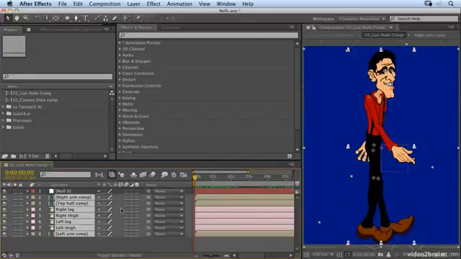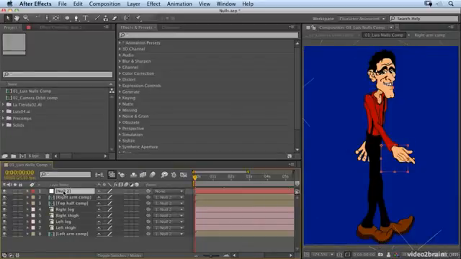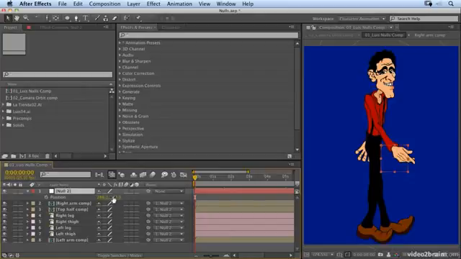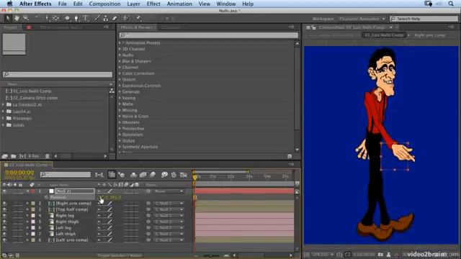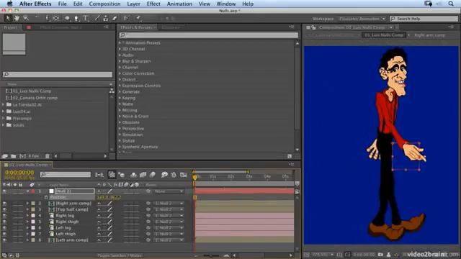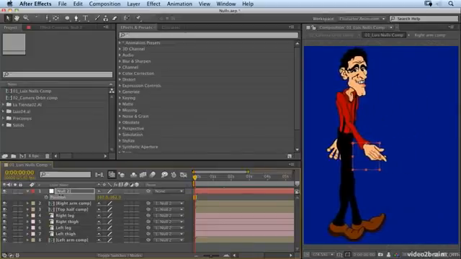layers. So I select these layers and just drag the pick whip to the null. It comes up with a little bit of help there, telling me keyboard shortcuts or modifiers that I can hold to adjust the actions of the parenting. But for now, we don't need to hold any modifiers. All we want to do is select null 2, and that null now becomes the controller for all the other layers. So I can adjust my position value, and you'll notice that my character follows the position value wherever it